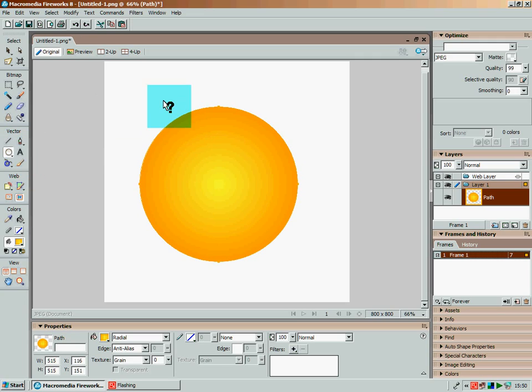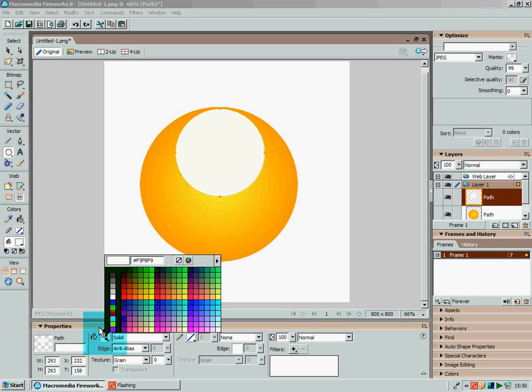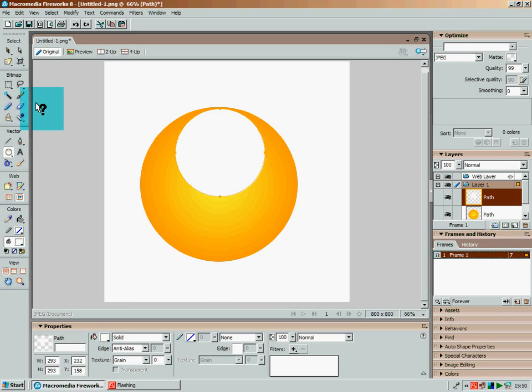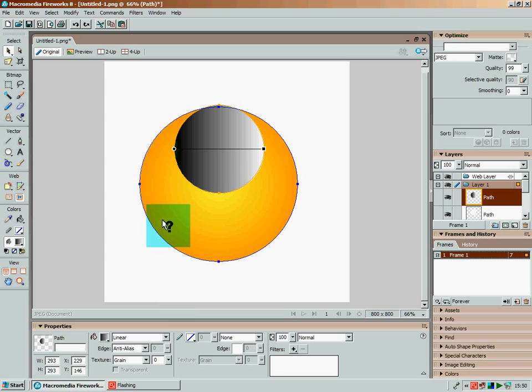This time it needs to be solid, so drag across. It's about a third of the size of the original, and it's solid white. Okay, and what we need to do is position it just at the top. We need to copy this, so Control C, Control V, and the next one we need to change to a gradient, and that's a linear gradient, and the colour is